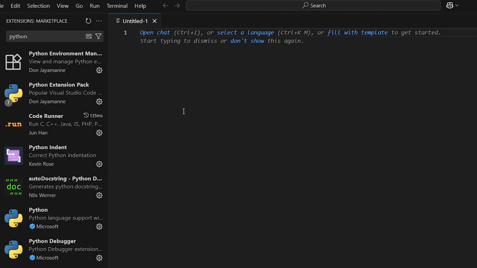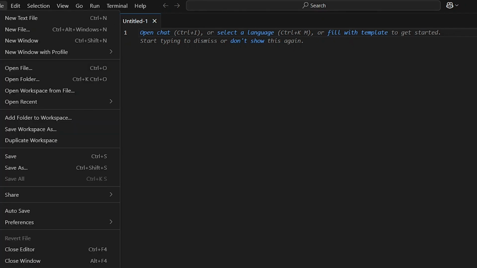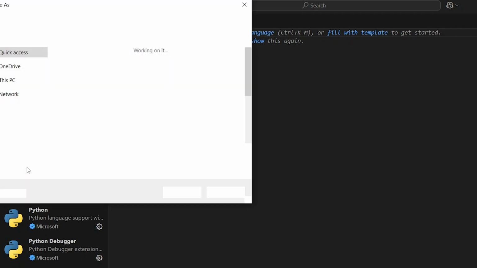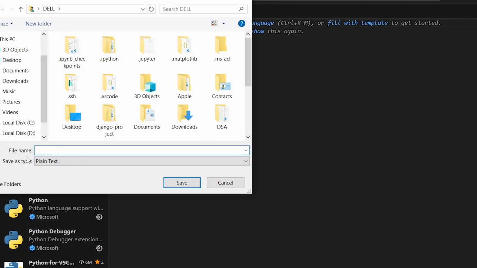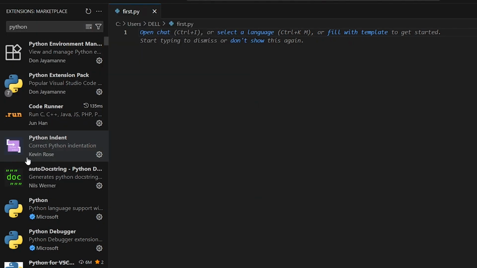So I'll either type Ctrl S, or I can go ahead and click on Save As from the file menu. So I'm going to click on Save As and then select where I want to save the file. So let's give it a name. I can call it first.py and hit enter, and this becomes a Python script.